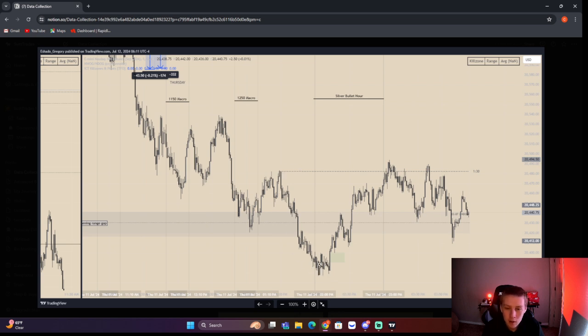Silver bullet. We then end up getting displacement higher. We have a fair value gap right here. Gets respected nicely. We have another fair value gap right here in line with a mitigation up to buy side. This right here. This right here. With that previous new